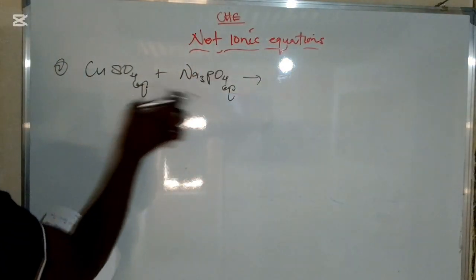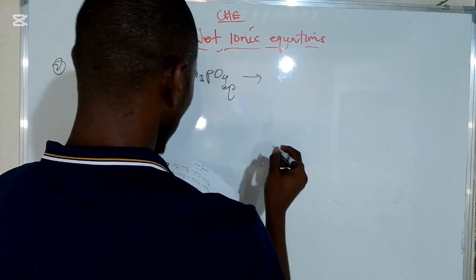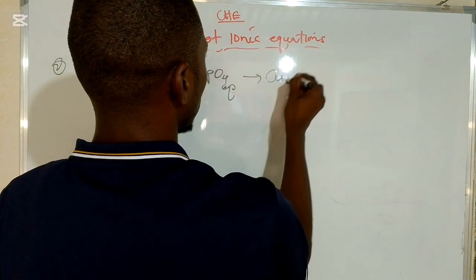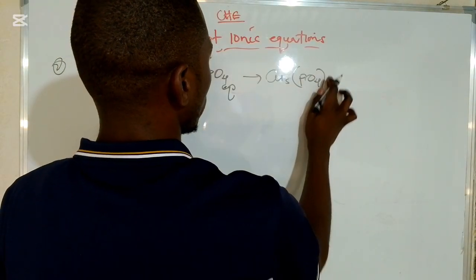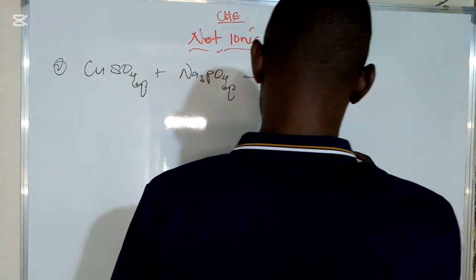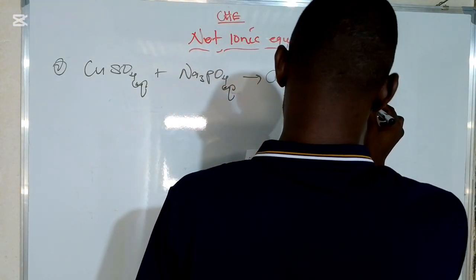So we have copper sulfate and sodium phosphate in aqueous to form copper phosphate. So I'm going to write it like this. This 2 is the valence for copper, then this one is solid, then plus